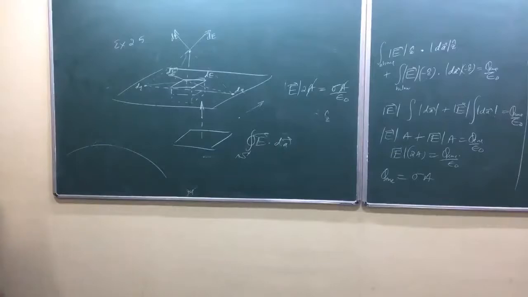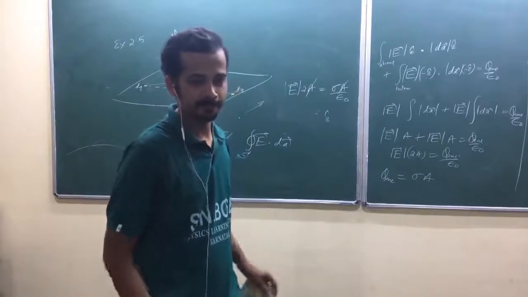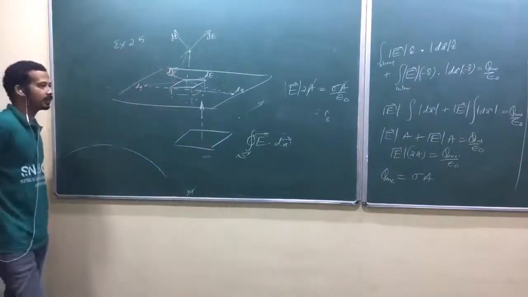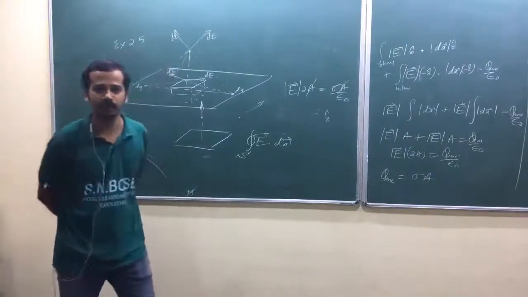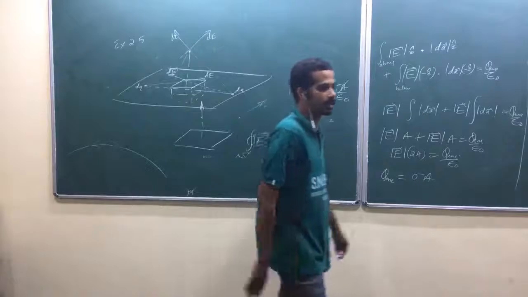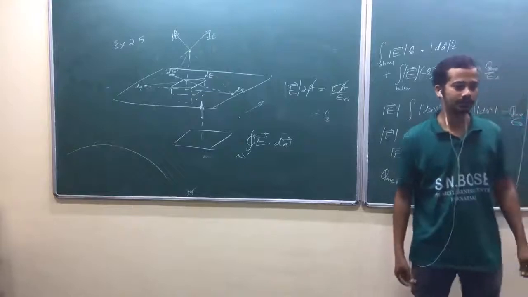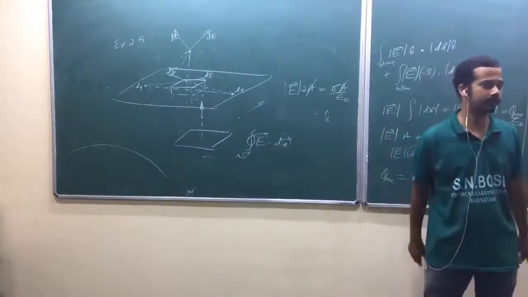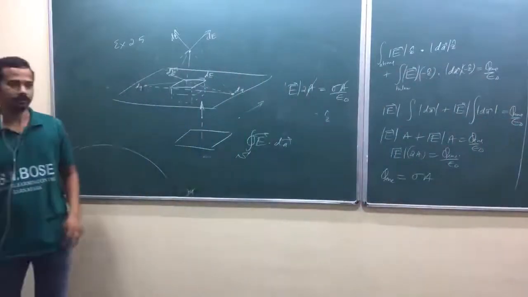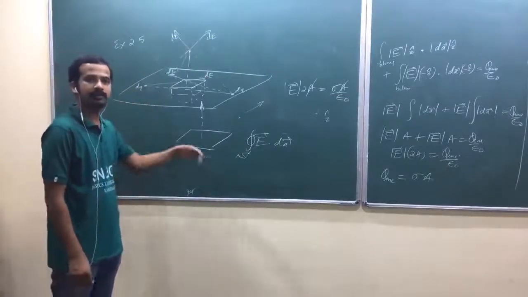Actually, we explore Gauss law only in three coordinate systems which we are comfortable with. Planar symmetry is usually Cartesian, cylindrical symmetry is cylindrical coordinates, and spherical symmetry is spherical polar coordinates. We haven't explored more coordinate systems, called curvilinear coordinate systems. You have to prepare those kinds of coordinate systems so that you can apply Gauss law in a very easy manner.